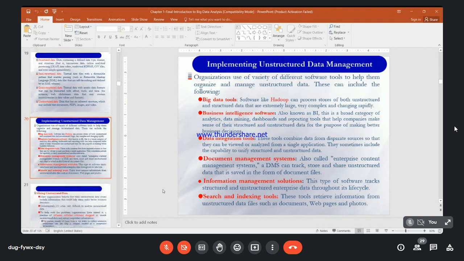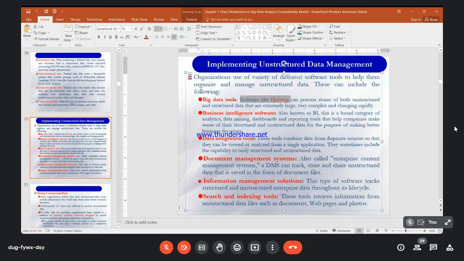And how we can implement the big data, we have to have some tools. Big data tools, Hadoop and different software. The Hadoop software is a software that is used easily for managing the big data.